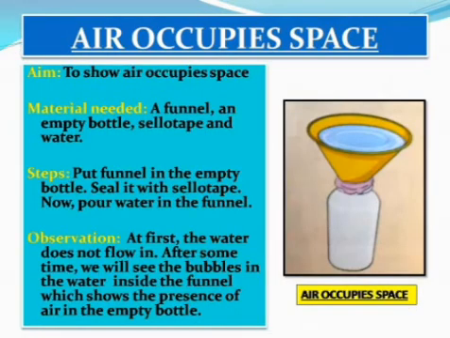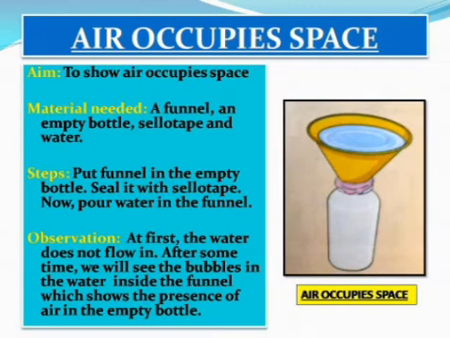Experiment to show that air occupies space. Material needed: a funnel, an empty bottle, sellotape and water. Steps: put the funnel in an empty bottle. Seal it with sellotape. Now pour water into it. Observation: at first, the water does not flow in. After some time, we will see bubbles in the water inside the funnel, which shows the presence of air